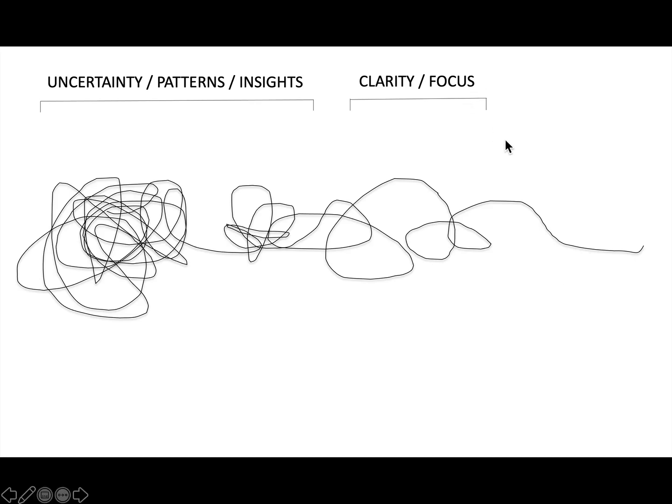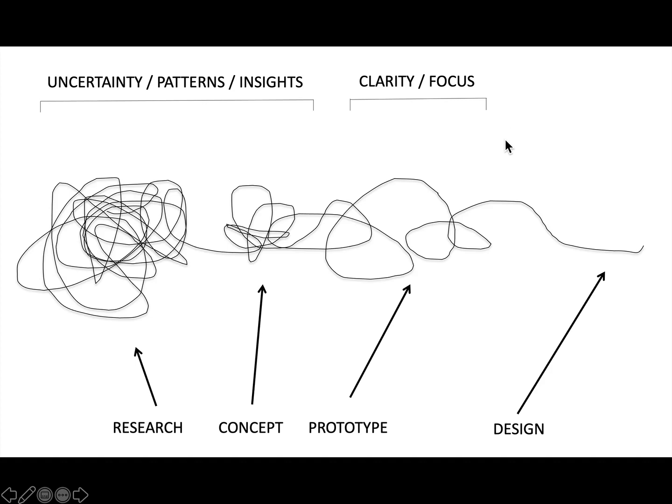So the focus increases. Now, if we think about this with the design thinking model, which is iterative and also moves in a cycle, we research, we form a concept, we create a prototype, and we design it, and then we test it. This would be the next phase, and then we move back to the beginning and start over again as iteration. So we can also recognize this in the scribble, metaphorically again, where the research phase is the really tough, gummy part that takes us quite a while to figure out what we're actually looking at. We form a concept, which is a sample of this.